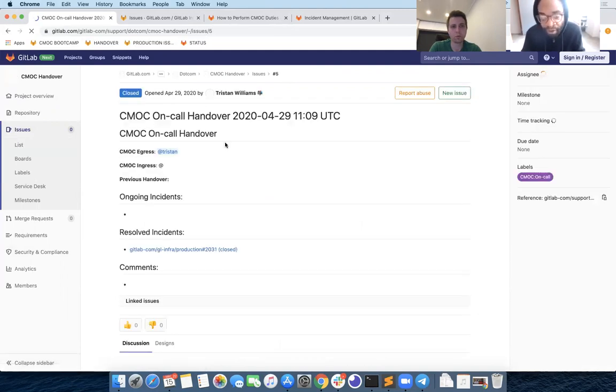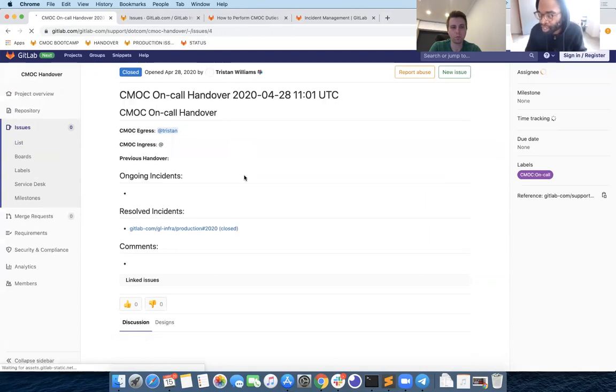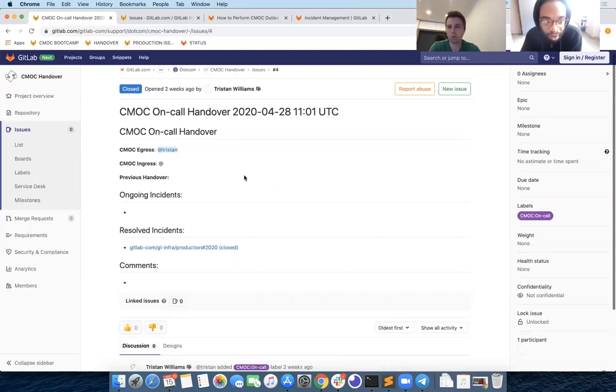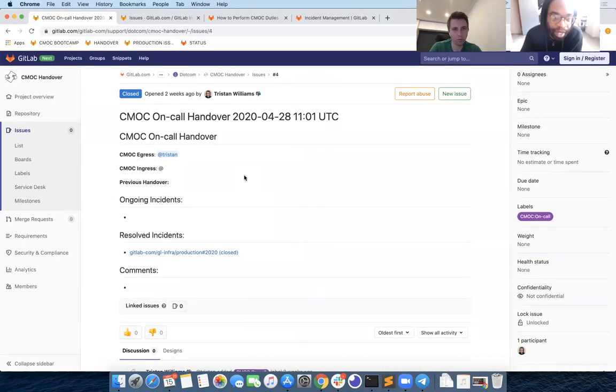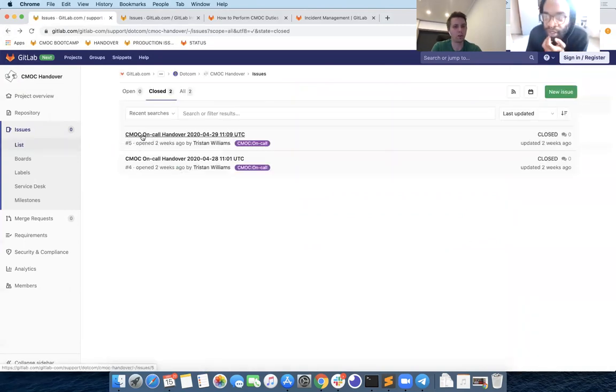Yeah, so if you were to have a multi-day ongoing incident, that's something that you would definitely note, or rather that would be noted in the handover issue. So in this case, those two were both resolved. But if something were still happening now, it'll be listed in the ongoing incident section. But what's weird is that I don't see any information here, like whether the next person will know what happens. So if you check out issue number 6, that gives a better